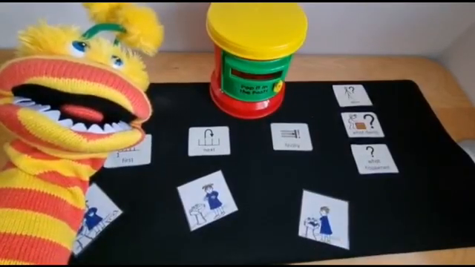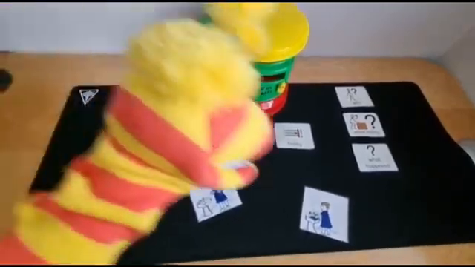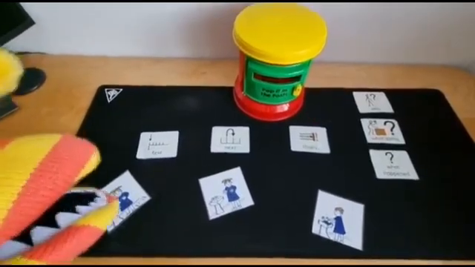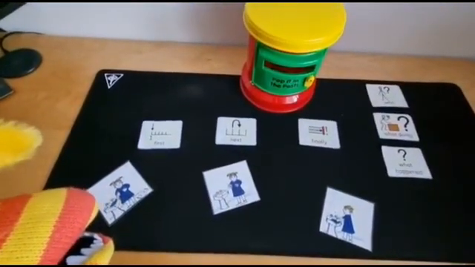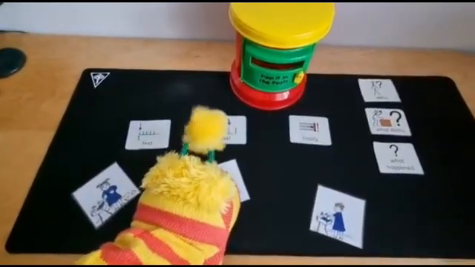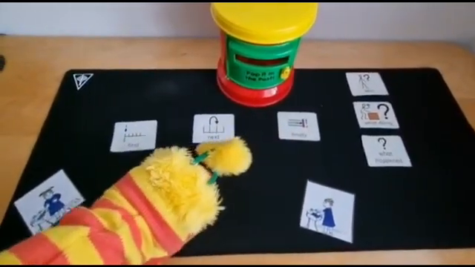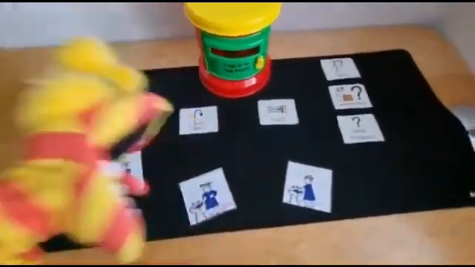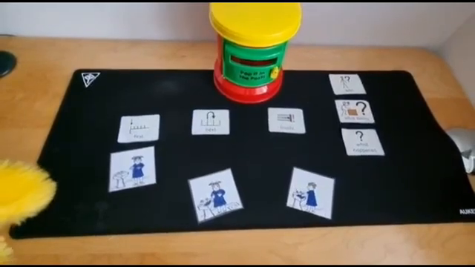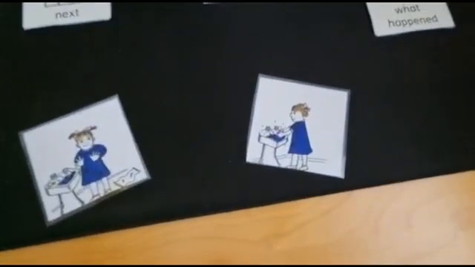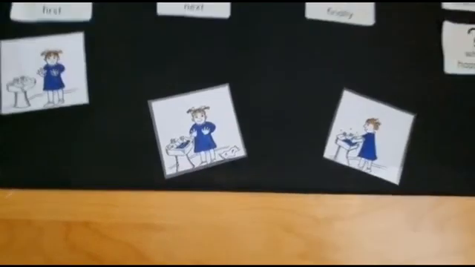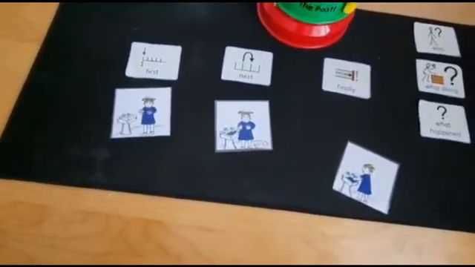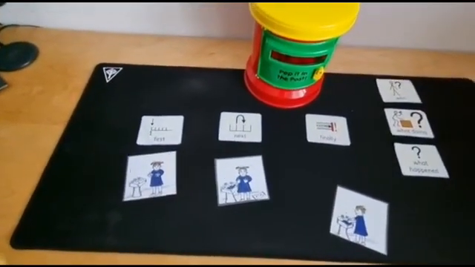Three picture sequencing. Today, Sammy, we have got to put 3 pictures into the right order. Let's have a look at all 3. Which picture goes first? I think this picture goes first because the girl has got dirty hands. Which one goes next? Which card goes next? Could it be this one or this one? I think it's this one because the girl will need to wash her hands. And finally,